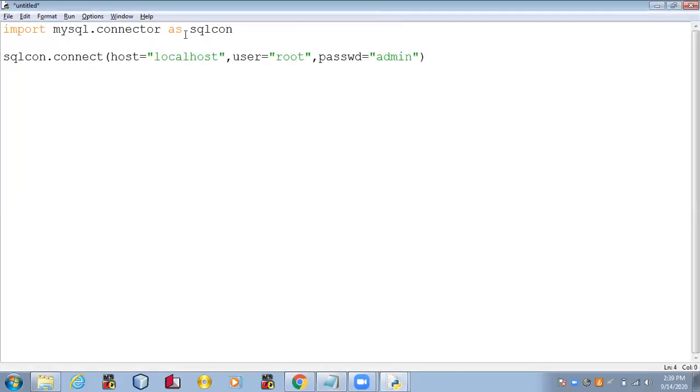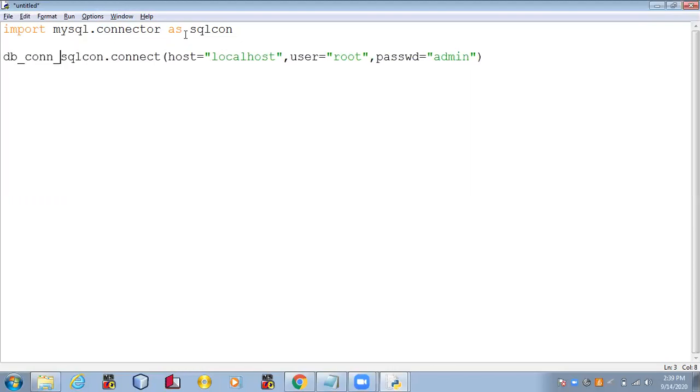Once this instruction is executed successfully, or you can say once this connect method is executed successfully, it returns some information in the form of an object, and that object is the database connection object.